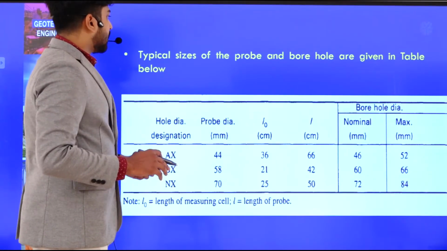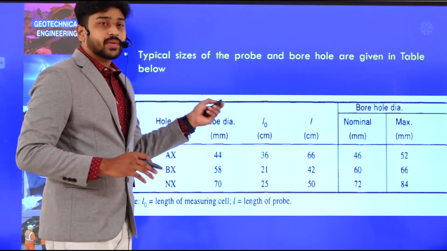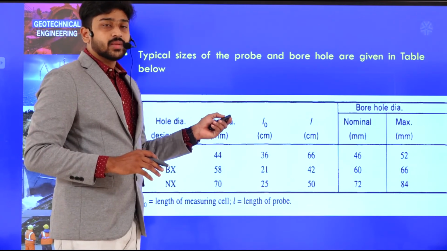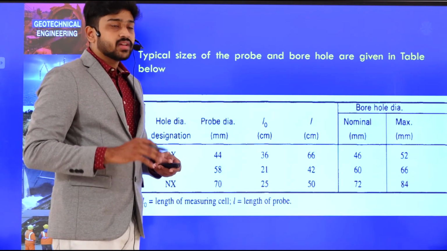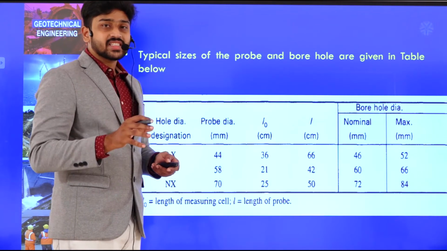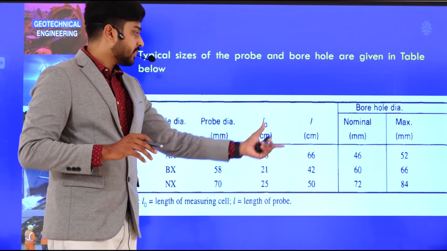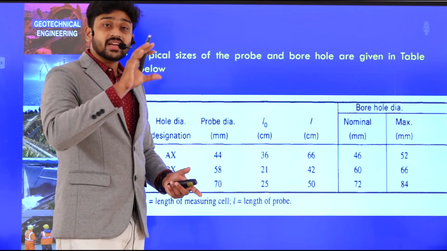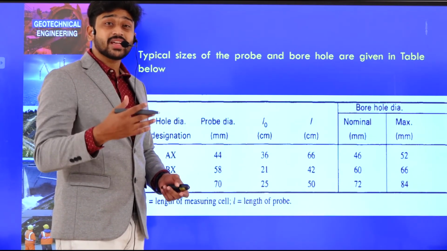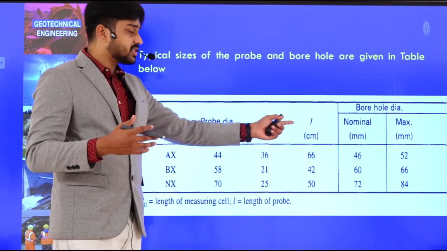Now furthermore, let us try to understand the typical sizes here. In the previous diagram, if you look at the measuring cell, it has a length of L0, so it is represented by L0, and the total length including both guard cells as well as the measuring cylinder is denoted by